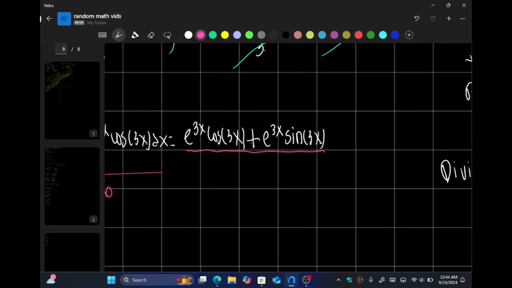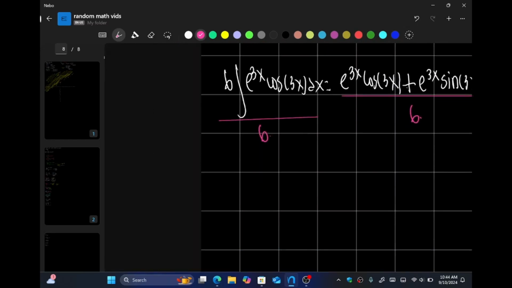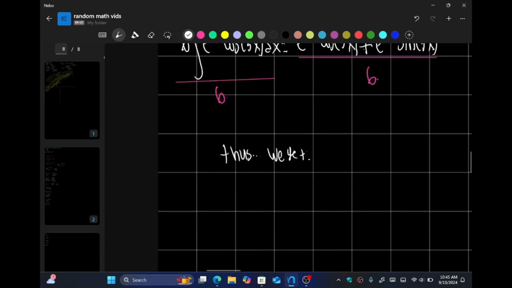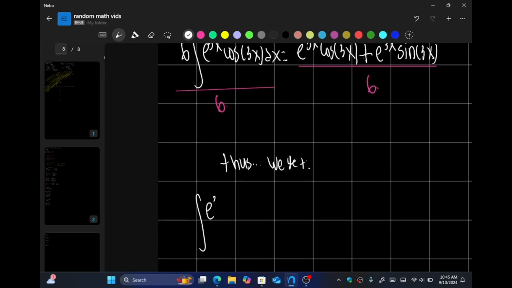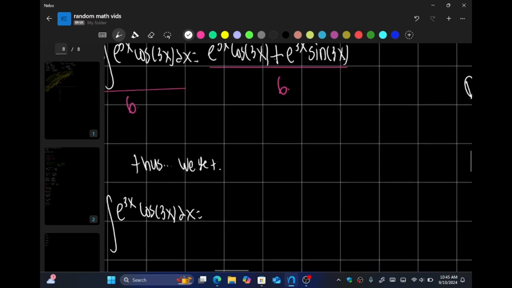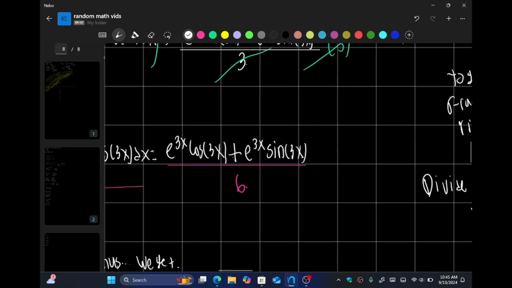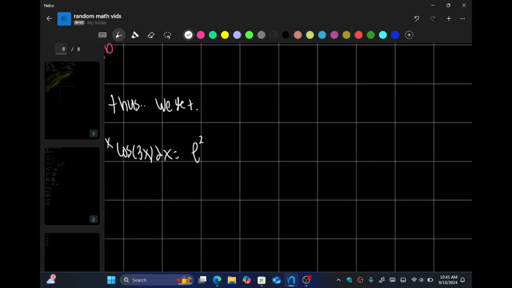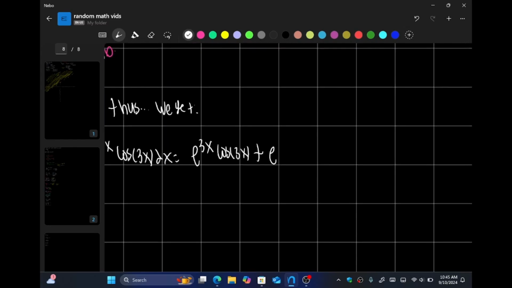So dividing by 6 on both sides, thus we have the integral of e to the 3x cosine 3x dx is equal to, and we can keep it this way, e to the 3x cosine 3x plus e to the 3x sine of 3x, all over 6